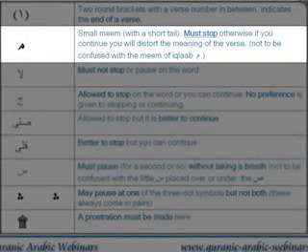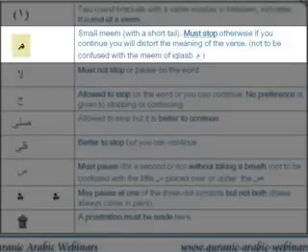The second one is this little, what looks like a little meme. Now with this I've written small meme with a short tail, because the meme that they put in is not like the normal meme. So I just read this: small meme with a short tail. You must stop. Otherwise, if you continue, you will distort the meaning of the verse. And this is not to be confused with the little meme that we covered in the rule of QAW. Okay, so that will have a longer tail on it. So you've got to be a little bit careful.